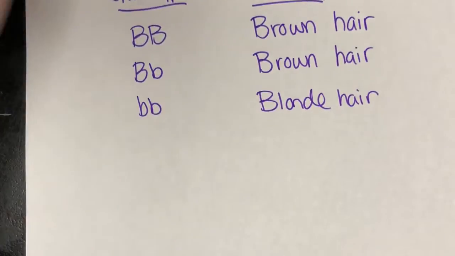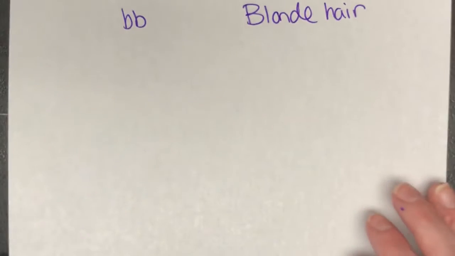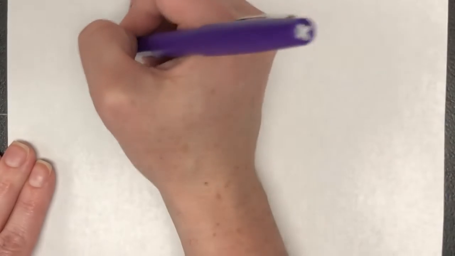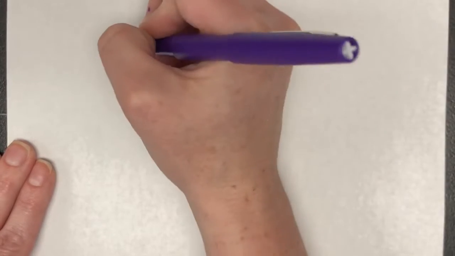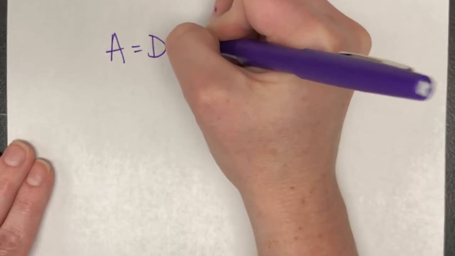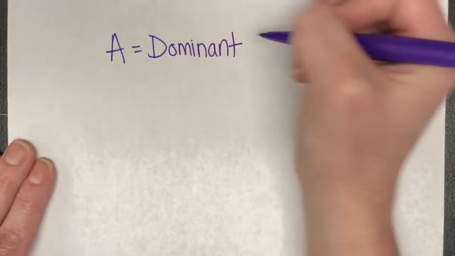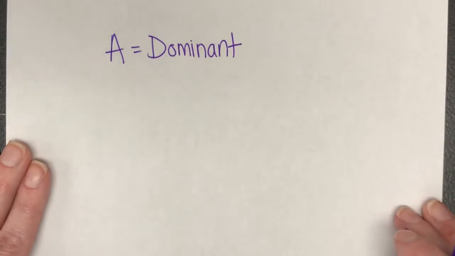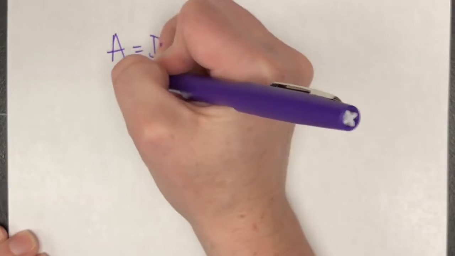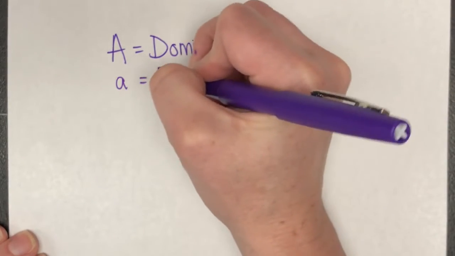So then let's continue. We have a dominant allele versus a recessive allele. So capital letters are used for dominant alleles. Okay, now these ones are going to be the ones where if it is present, it is going to show up. Okay, recessive